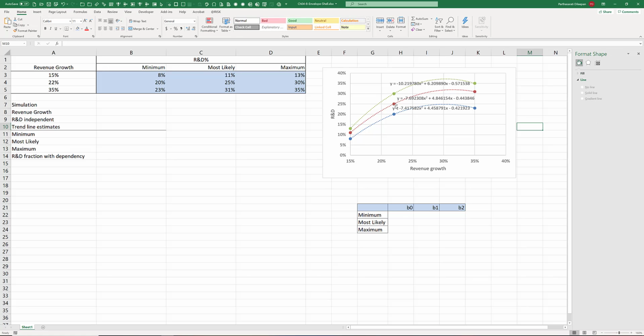Oh, we leave it there. And we now can set up the equation for minimum, most likely, and maximum. So b sub 0, so once again it's going from right to left. So this blue line is the minimum, right? So the blue line equation is